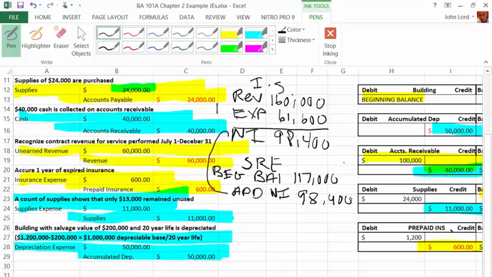98,400, right? Do we have any subtracts? What? We didn't pay dividends. Do we have to? The voice says, hey, you're going to pay me a dividend. We say, you know what? We're a little tapped out. Look, last year we made 117,000. We're going backwards. This year we made 98. Just sit yourself down and we'll get back to you about these dividends if things turn around a little bit